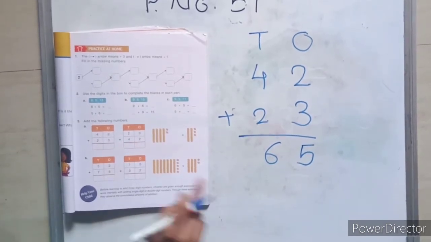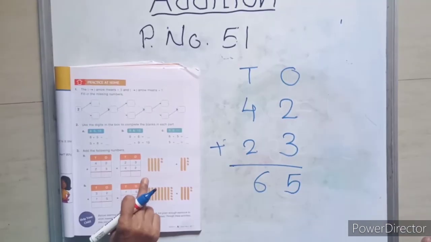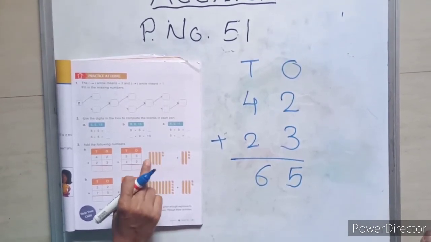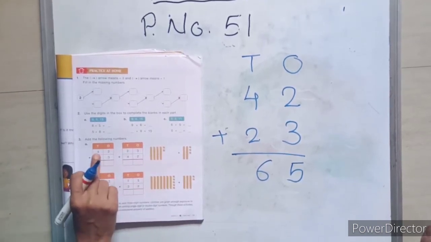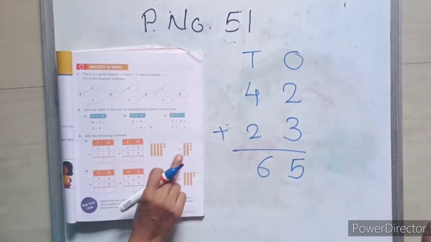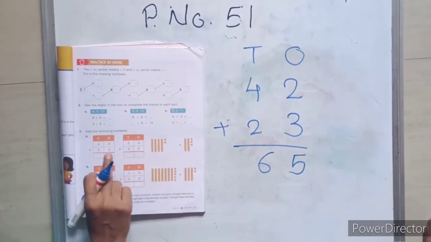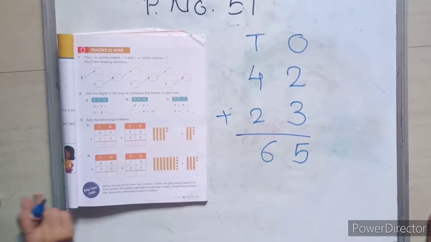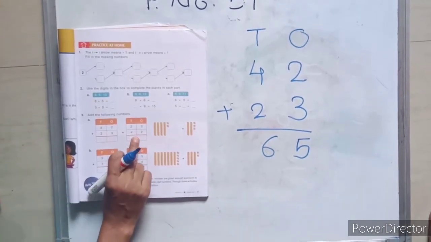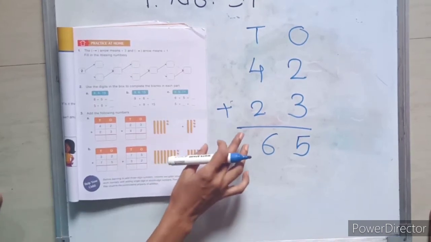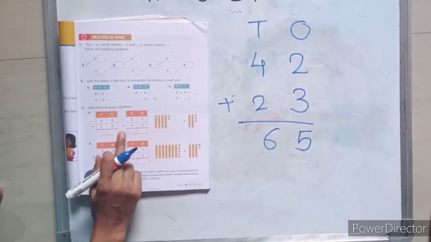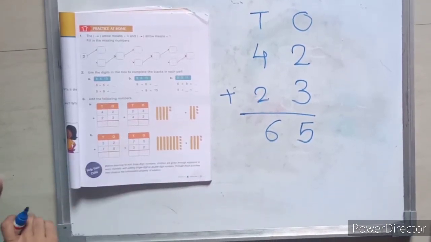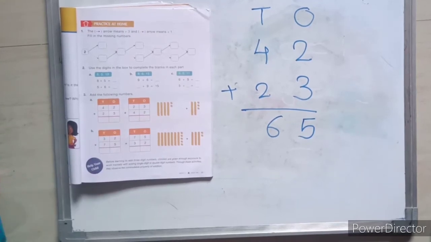Okay. Here you know 10 ones means 1 ten. This concept is here. Here are 4 tens and 2 ones and here 2 tens and 3 ones. We have to add this. So, the answer is 65. This is also 23, we just changed the order of the numbers. 23 plus 42, again the answer will be 65. So, solve this question and in the same way solve this question also.